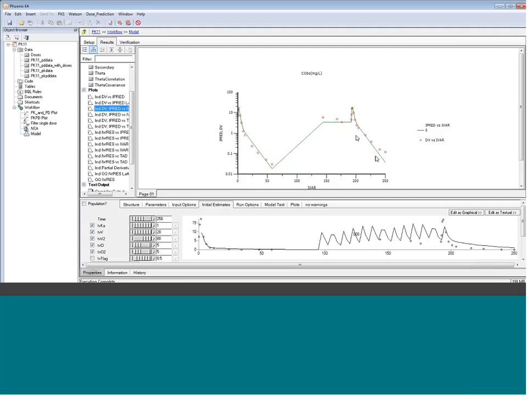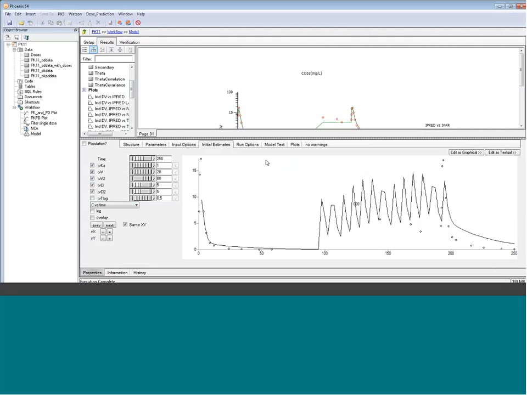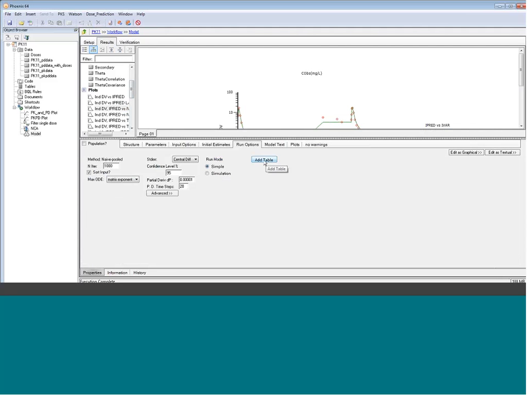So what we usually do in order to get a better fit is choose the run options here to add another table to get a finer predicted concentration time curve. So we just add a table here, and we say we want a sequence statement which starts at 0 hours until 250 hours, with a time interval of 0.1 hours. And when we observe, we want to get the observed value, and the prediction that we want to get is C, the predicted concentration. So if we run this once again,